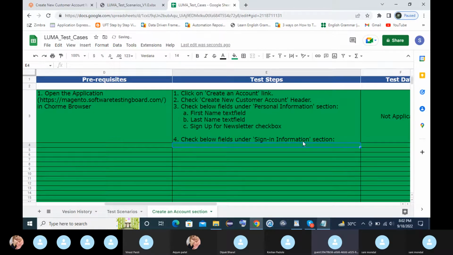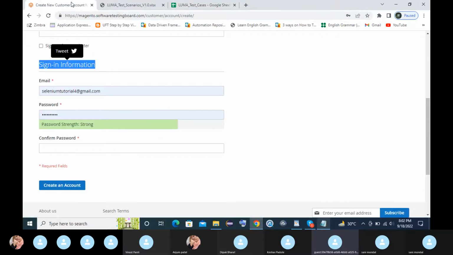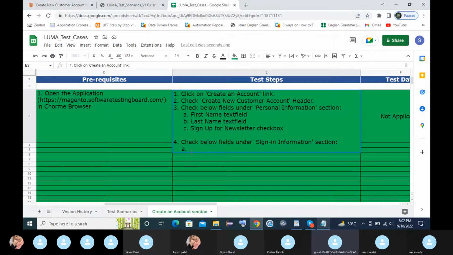Now again, one by one, you have to specify the fields. What is the first field? Email, then password, then confirm password, right? So you will write here